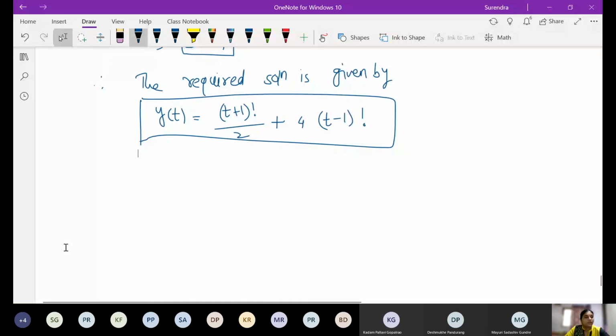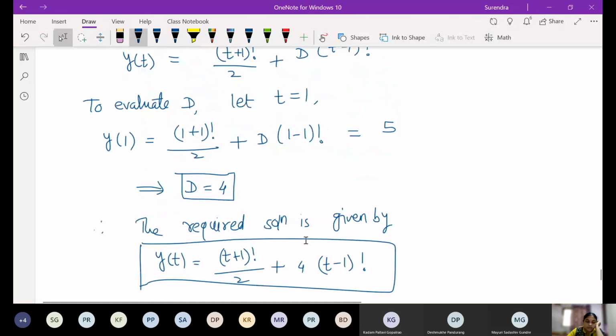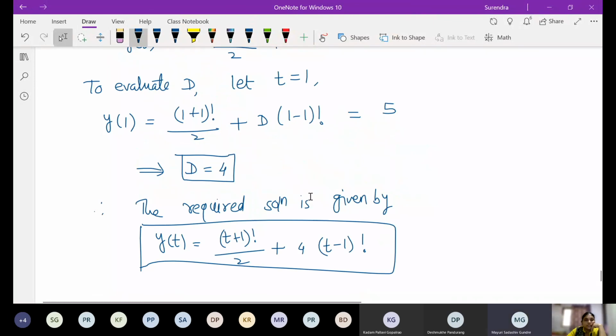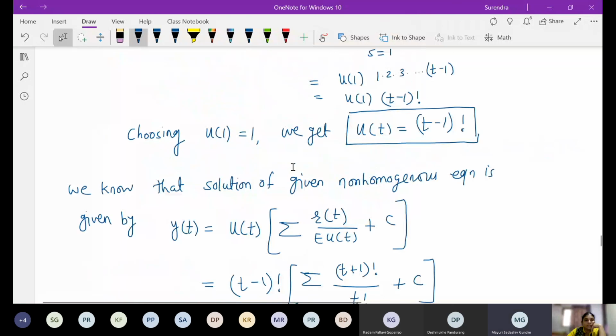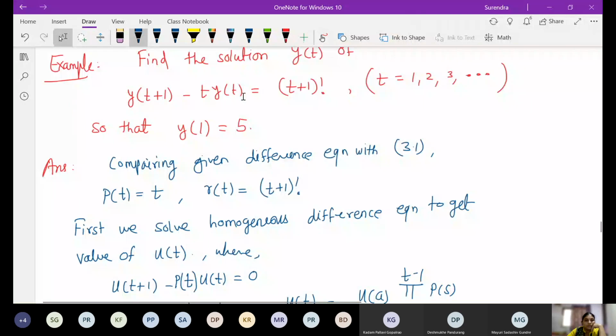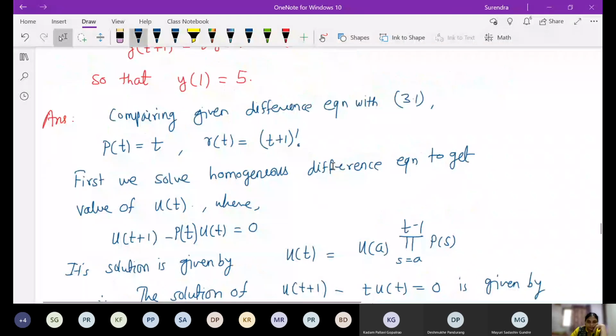Yes, ma'am. So now, if I want to check whether my solution is correct or not, what should I do? How do I check whether this solution is correct or not? Just by substituting t into LHS. If you get LHS is equal to RHS, then you can come to know your solution is correct. Right? Now I give you as homework. Check this solution.